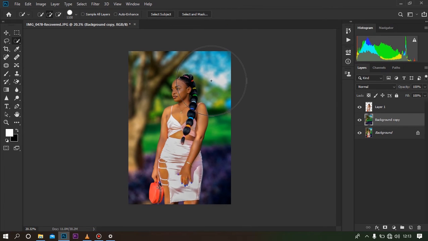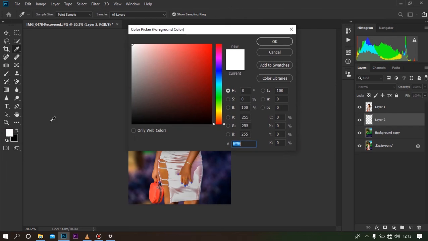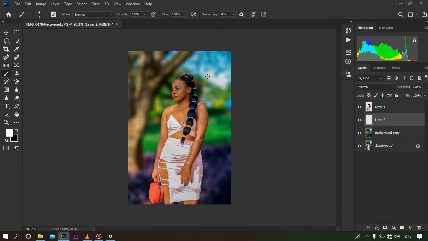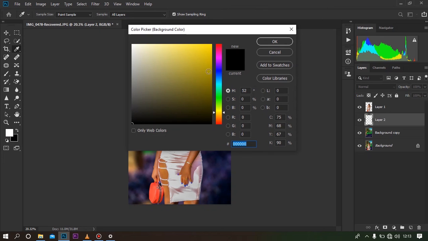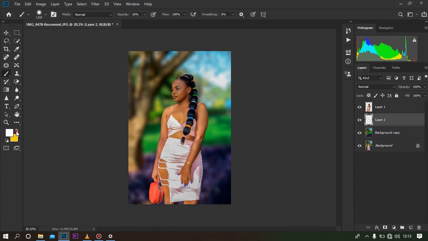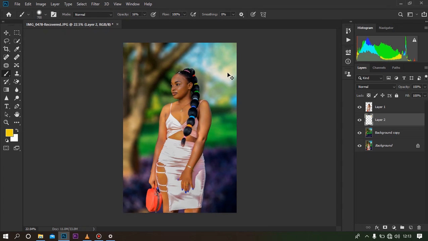Most times I use some effects to enhance the background after the blur. Sometimes I create some layers and I get my brush, I pick white. Yes, I pick white. I increase my brush size. I put something like that. You see, at 16% opacity, put something like that. Then after that, I go into black. I choose something yellowish. I reduce the size and I put something like that, the yellowish. And then I press Ctrl T